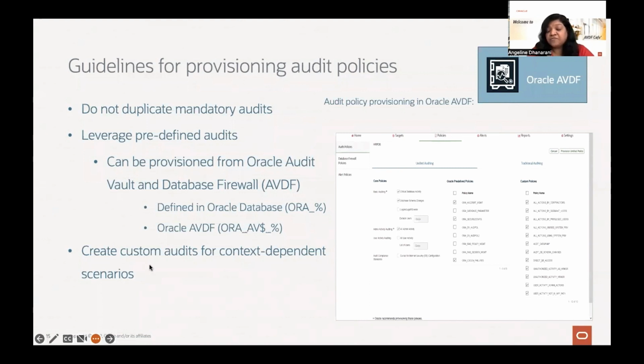And if you have to create some kind of custom audit, it would be something quite context dependent in your environment. For example, in your when conditions, you might want to bring in your trusted IPs to exclude the untrusted ones, right? For those kinds of audit use cases, where you might want to create environment specific scenarios, we encourage you to create custom audits. For all other purposes, the predefined audit should serve the need.